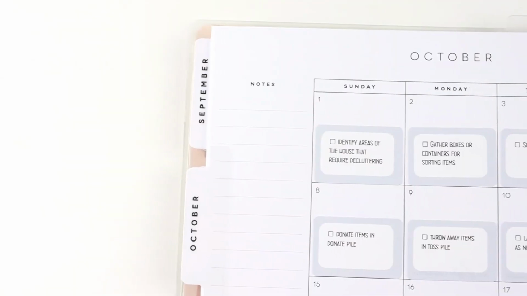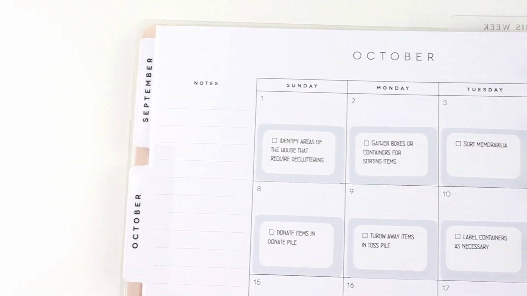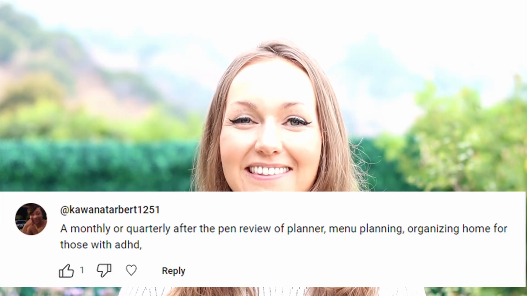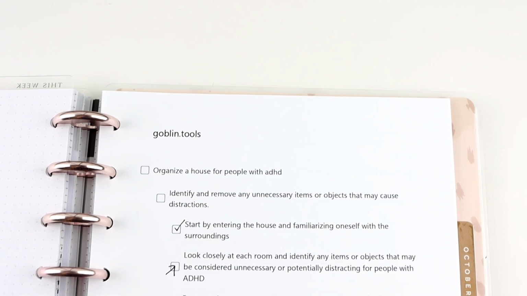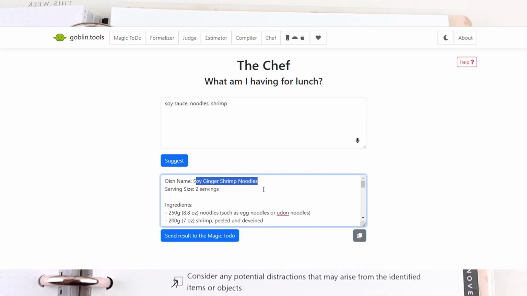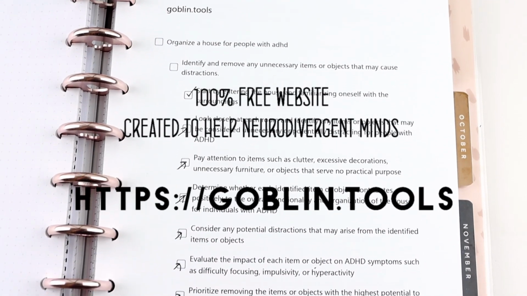Everyone, today I'm discussing a tool that can help you to break down tasks into their action steps, to estimate how long those tasks will take, and can help with planning in general. Thank you to Kawana for requesting this video. Goblin.tools is a completely free website, and in this tutorial we'll discuss how it works and ideas for using it